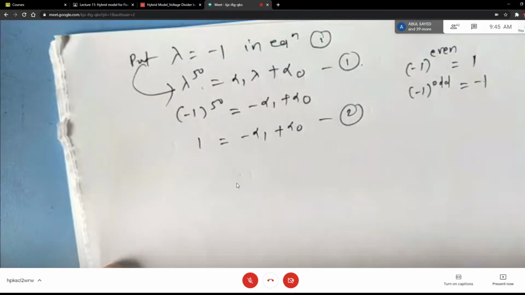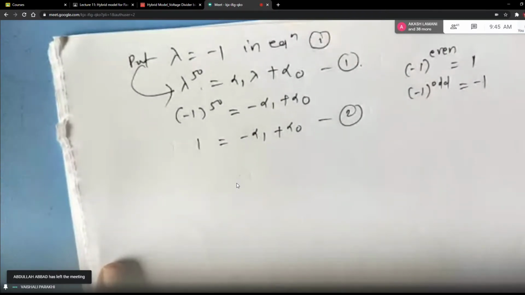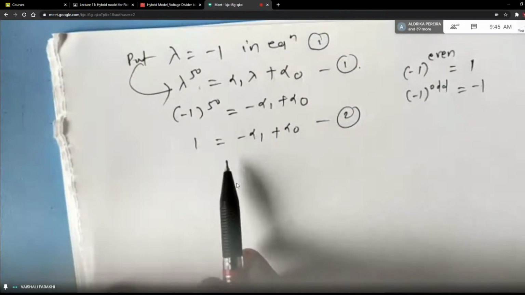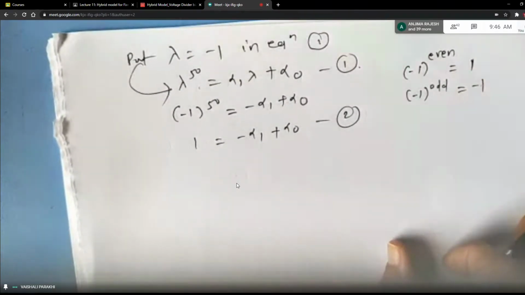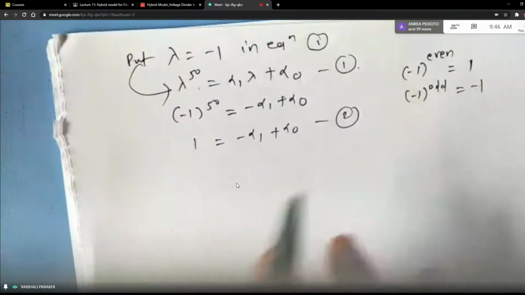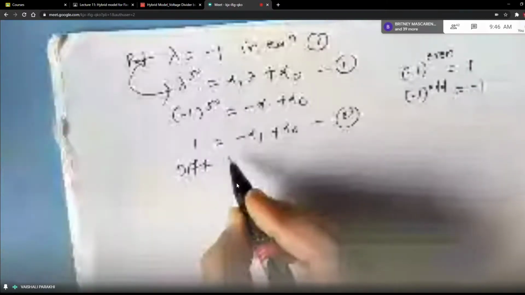So see what I did. First we got the characteristic equation, then we got the eigenvalues, then in the given polynomial we replaced A by lambda, then we put the actual value of lambda which we got in this problem. Correct? Now see the next step carefully, students. After all, what we want is alpha 1 and alpha naught, that's all. Once they go into our first polynomial, that is our answer. Now you have to differentiate this equation. Differentiate equation 1 with respect to lambda, okay?